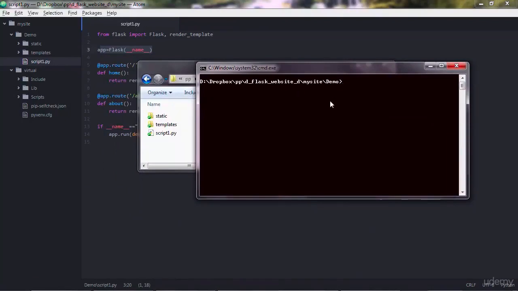We need to create 3 files. The first file should be named requirements.txt. We create these 3 files, and then we upload them together with our Python file and the CSS and the HTML files to Heroku. Heroku will recognize these files because we'll give them specific names, and in these files we'll give some instructions. The first file is a file called